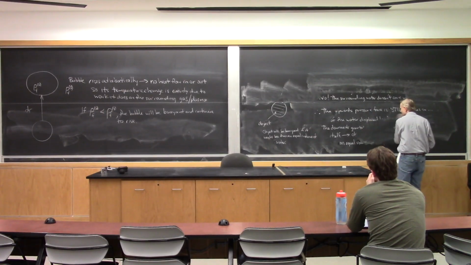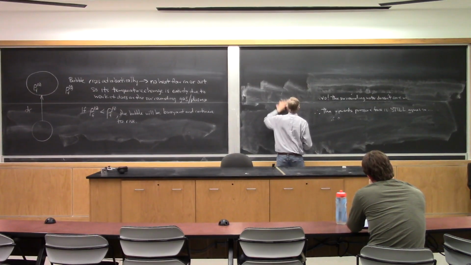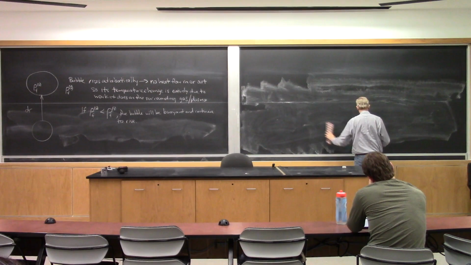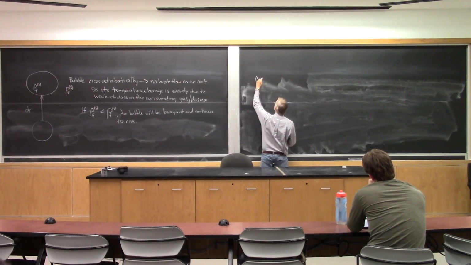All right, so we want the density to be smaller. Can we infer something about the temperature based on this? According to the ideal gas law,